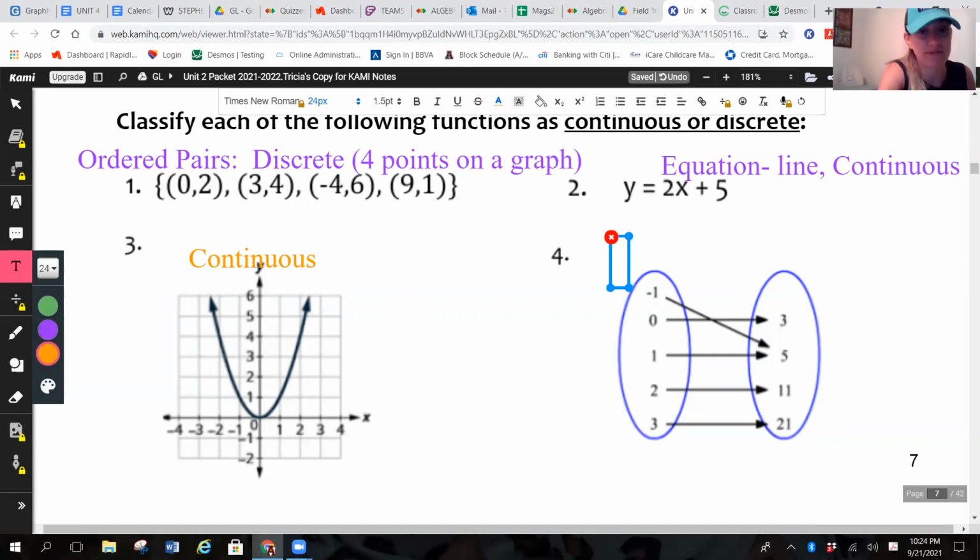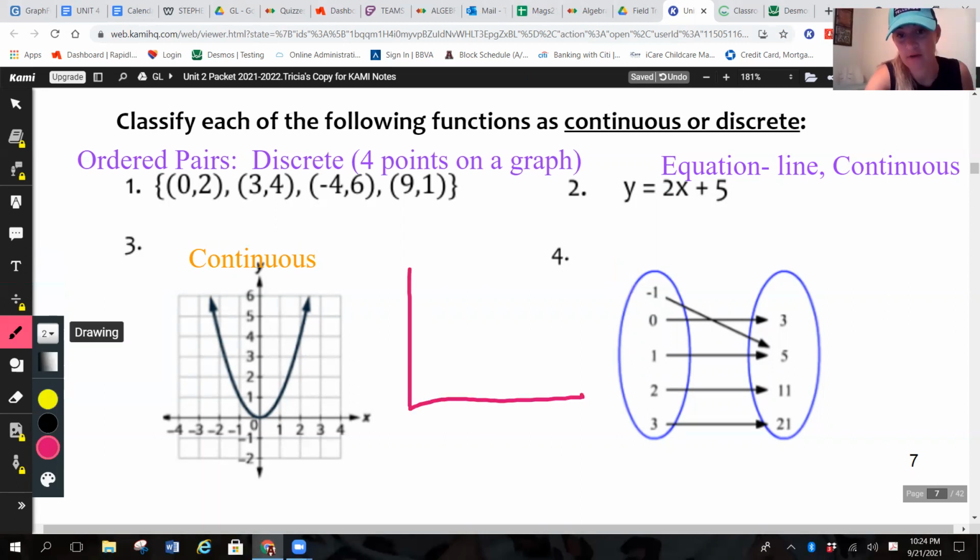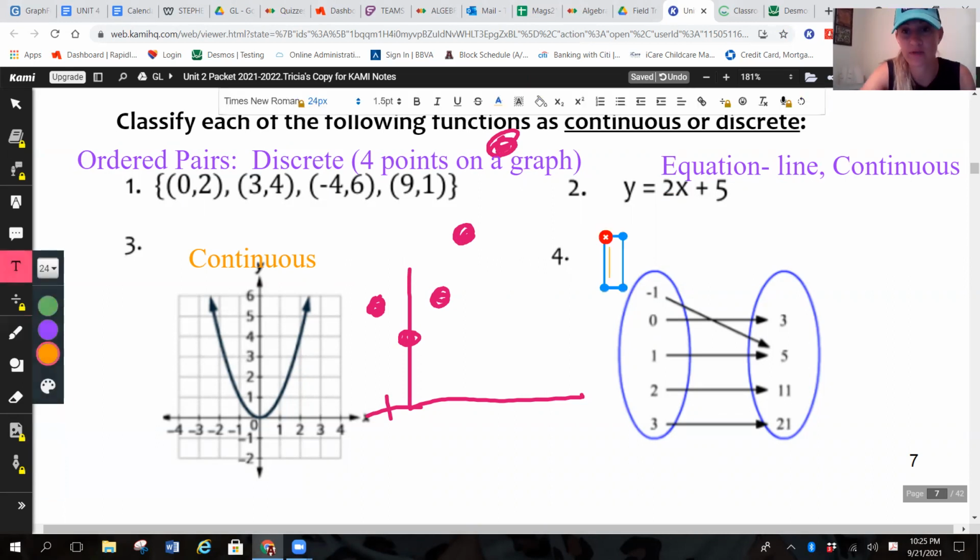Mapping diagrams, if I was to graph this, I would graph x is -1, y is 5. X is 0, y is 3. X is 1, y is 5. X is 2, y is 11. X is 3, y is 21. These are points on a graph. Points on a graph are discrete data